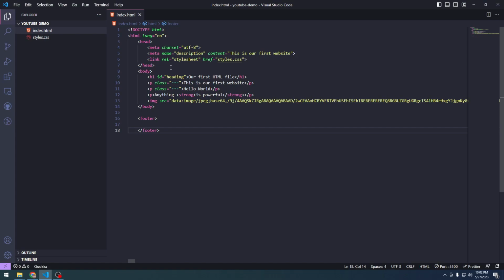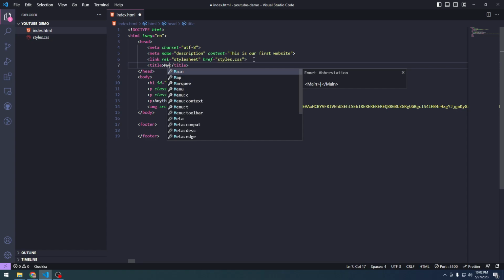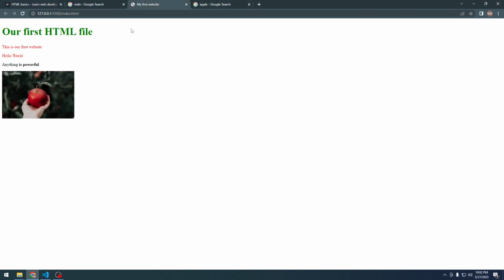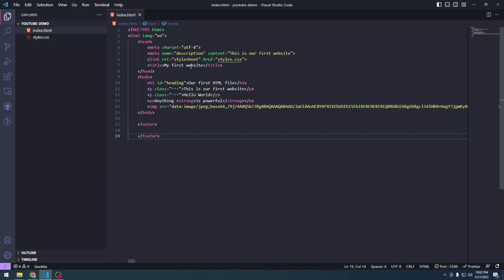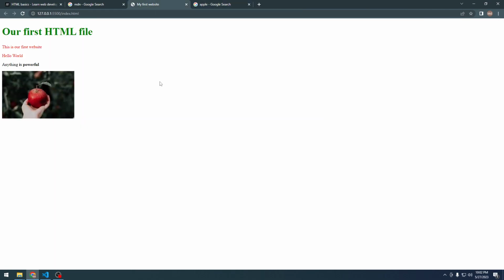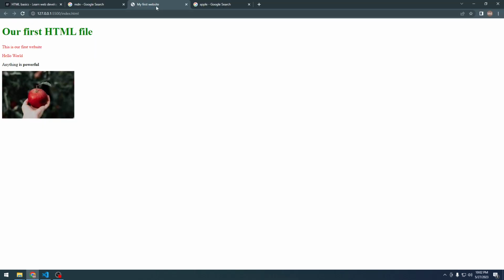The title thing, I didn't talk about this, but the title is whatever we want to show in our browser. Like let's say my first website. Save it, and here, this is the title. This is the title we see. So here it comes Apple, because Google has defined the title, the search thing. They've made it dynamic. We'll be talking about dynamic programming later on, but for now